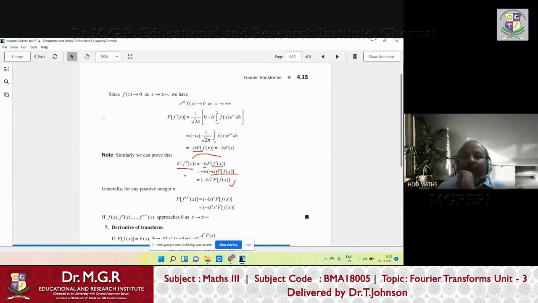So what it says: the Fourier transform of f double dash of x can be written as minus is squared times the Fourier transform of f of x. The same way we can write the Fourier transform of the nth derivative of a function as minus i s whole power n. Minus i is nothing but the imaginary number. I already told you, i is nothing but the imaginary number. i is equivalent to root of minus 1, or i squared equals minus 1. This is the imaginary complex number, right? Minus i the whole power n, s power n, times the Fourier transform of f of x. So this is the general Fourier transform for the nth derivative.